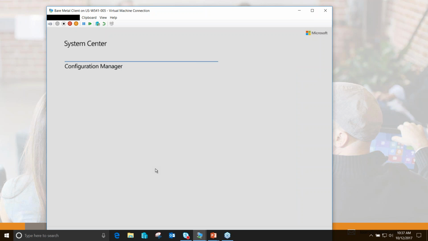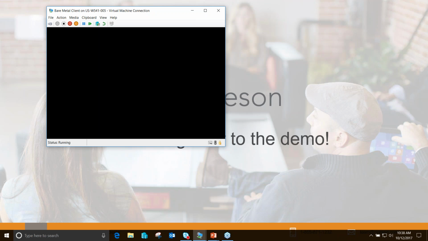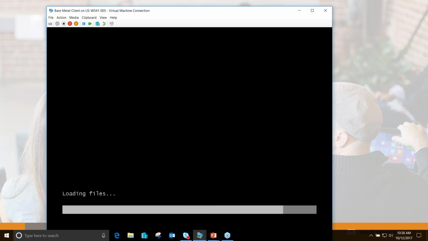And then adds the computer, puts it in the proper collection, and kicks off that real task sequence for your real imaging. And there you see it just did the partitioning of the hard drive, downloading the boot image, and it's off and running. So while that does its work, as Jay mentioned, it can take a half an hour or so. It may not be done before we're done here, but we'll let him go ahead and do